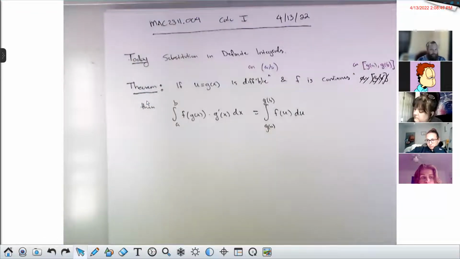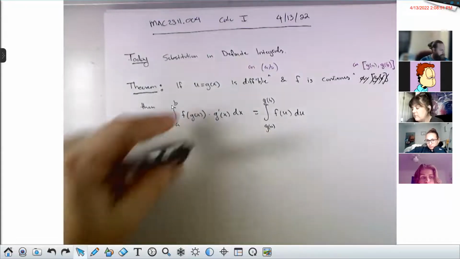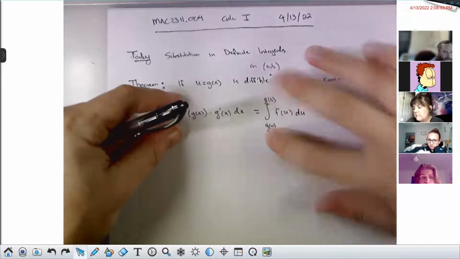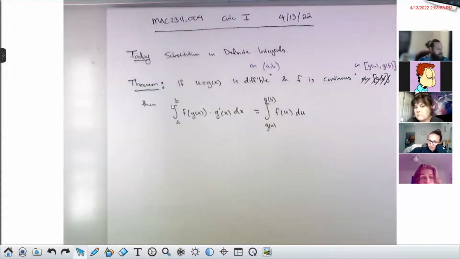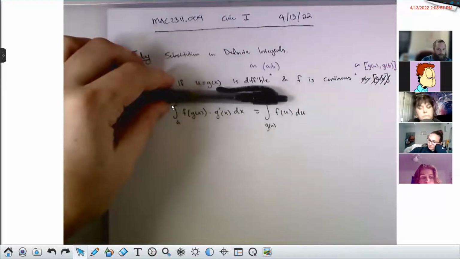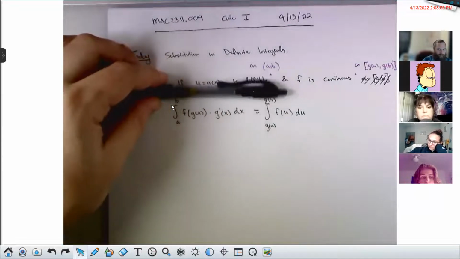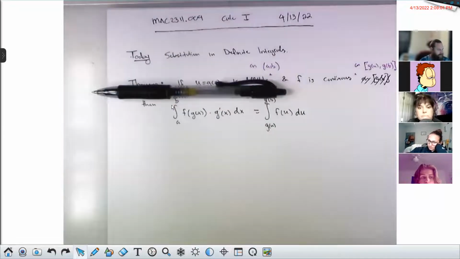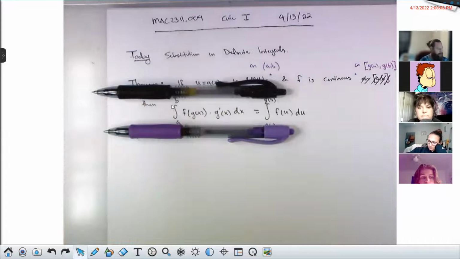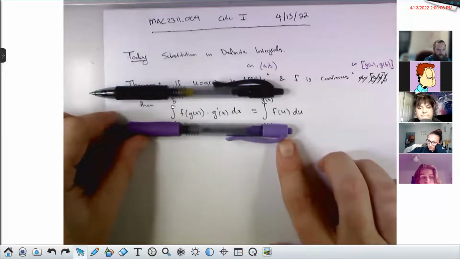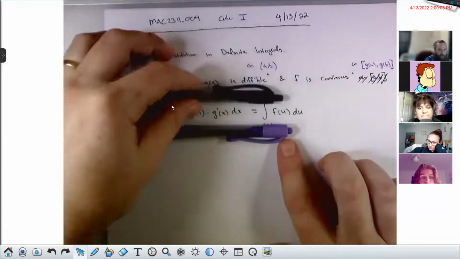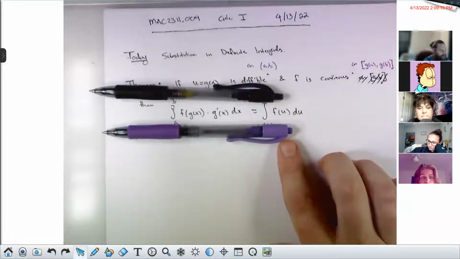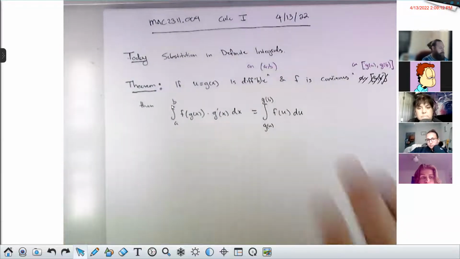So this is the full story for definite integrals. You'll notice that if I cover up all the bounds, it's the same theorem that we had the other day. Same theorem, just now there's bounds. The mistake people make,